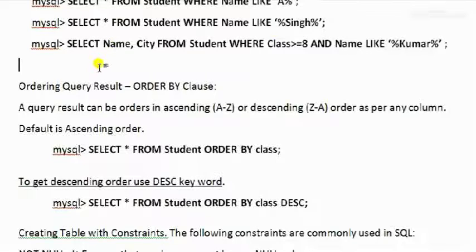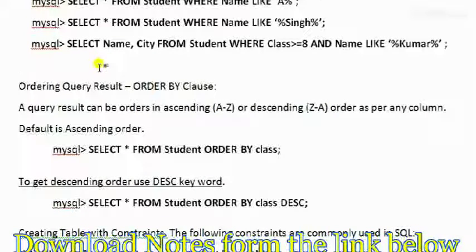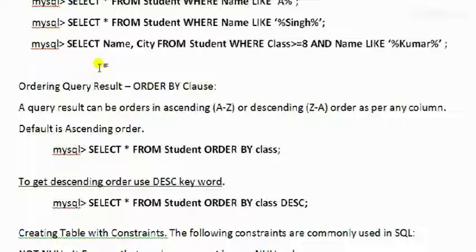Now ordering. Order by clause. What does the order by clause do? It orders the records in ascending or descending order. Okay. See the example: select all from student order by class. Select all is all records, all values of all fields. Asterisk means all fields. So values of all the fields of the student table